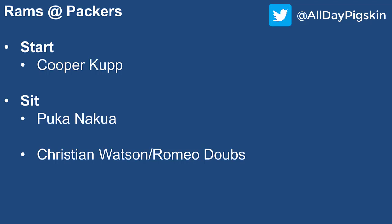Then Rams at the Packers. Another game where we have to monitor the quarterback injuries. Notice, maybe you might be shocked, and you might be saying, how do you have Puka Nacua, the breakout rookie this year, as a sit? I should say this is only if Matthew Stafford doesn't play with his thumb injury. If he doesn't play,